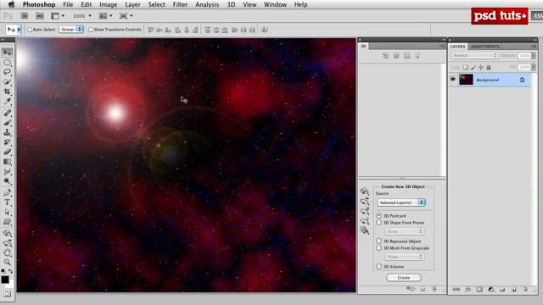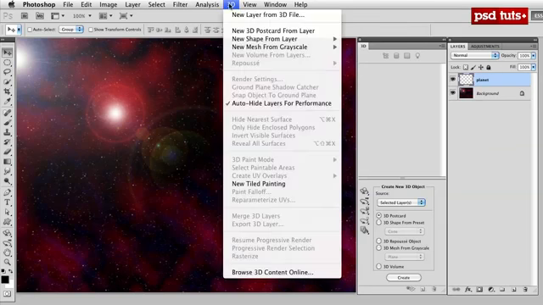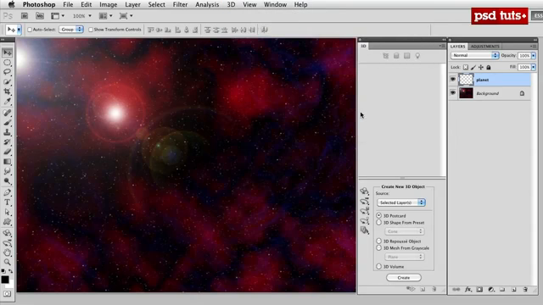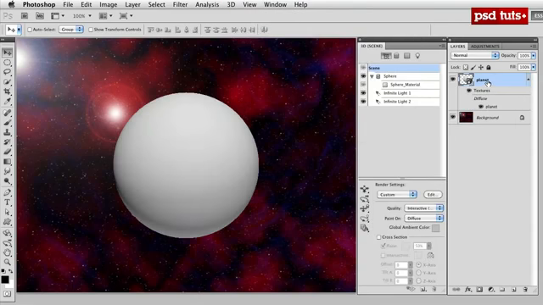scene. What I'm going to do is go to the Layers panel, click on the New Layer icon, take my cursor, double click the text of layer 1 so I can label that, and we'll call it planet. I'm then going to go to the menu and choose 3D, then new shape from layer, and convert that layer into a sphere. Now I've created a 3D layer from a 2D layer, and so that you can appreciate it,